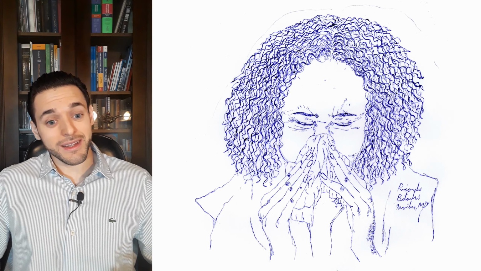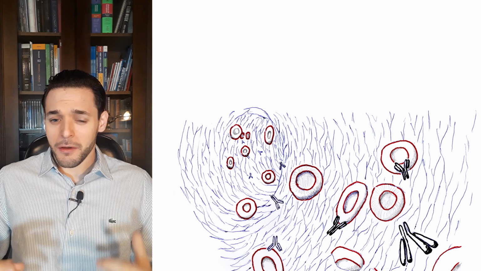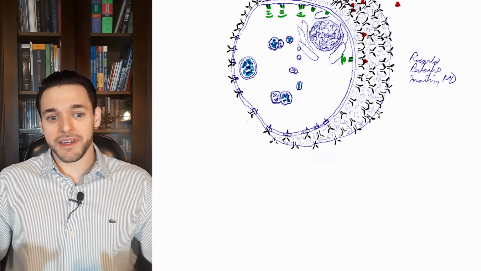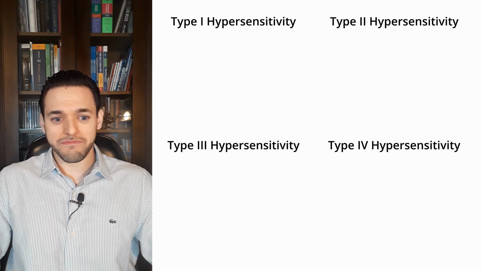Thus, hypersensitivity reactions are uncontrolled or excessive immune reactions. They are involved in allergies, autoimmune diseases, and rejection of grafts, and can be classified according to their major effect or mechanism of tissue injury, that is, based on how they damage the patient's tissues. Four types exist, numbered 1 to 4.